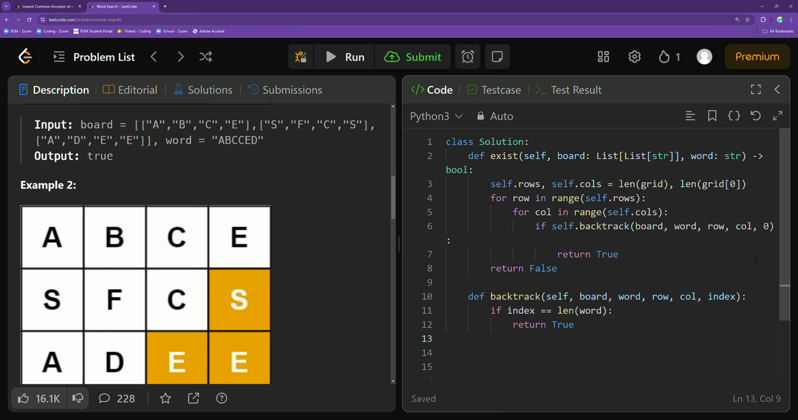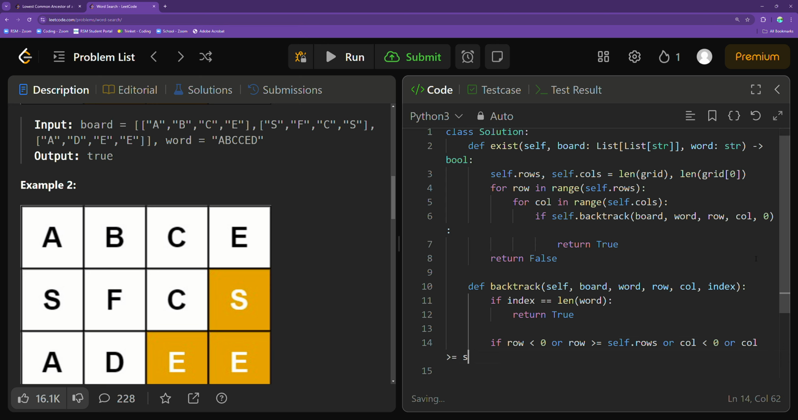That's our base case. Now that I've checked that, I want to have a boundary check conditional. My boundary check is going to be a pretty lengthy conditional. I'm going to have: if the row is less than 0, or the row index is greater than or equal to self.rows, the number of rows present in my input board as I stored back on line 3, or, with similar logic, the column is less than 0, or the column is greater than or equal to the number of columns in my input board,